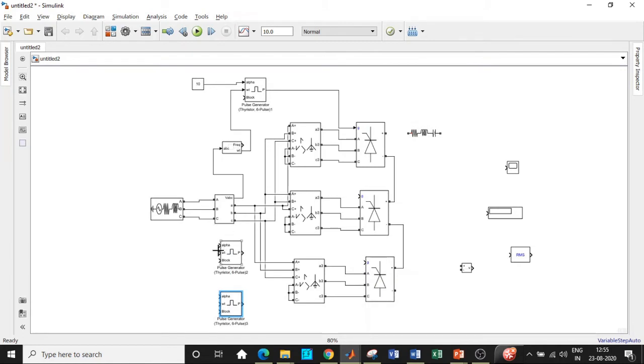Synchronization is anyways the same. I think one block is more than enough. If you copy paste it again, you will be connecting it to the same terminal, isn't it? So that's the reason why one block is enough, because all of them should be synchronized to the same supply frequency. And I'll be connecting the pulse terminal to the respective pulse generator block over here, gate terminals with respect